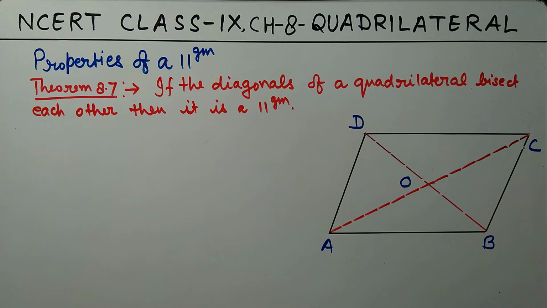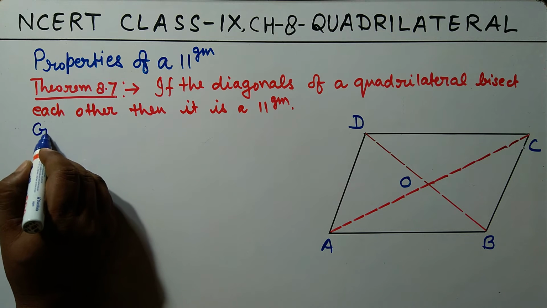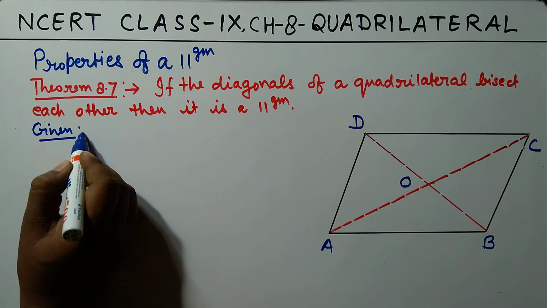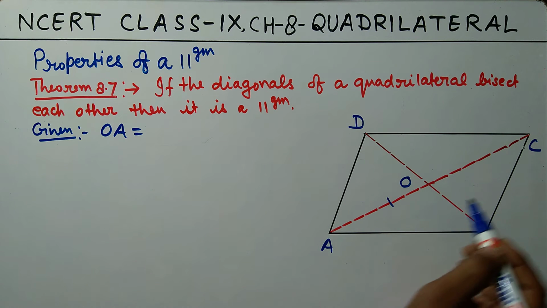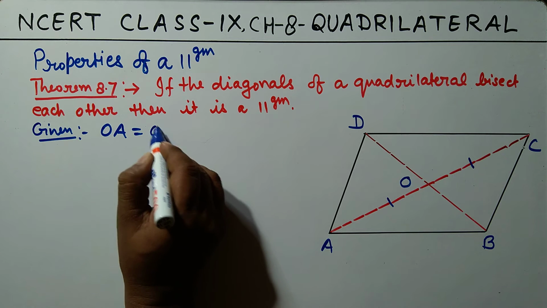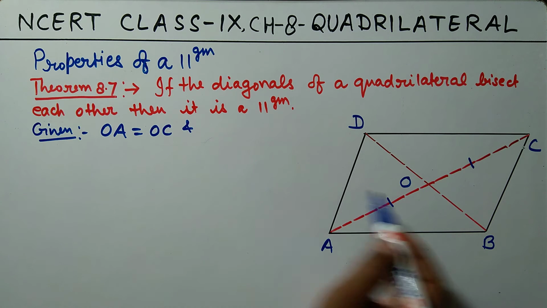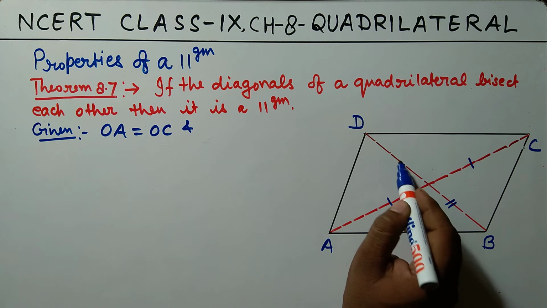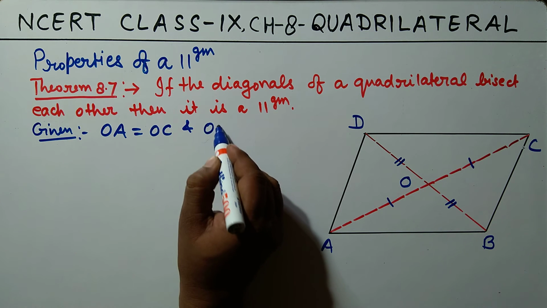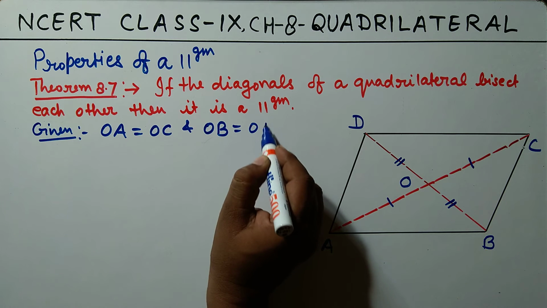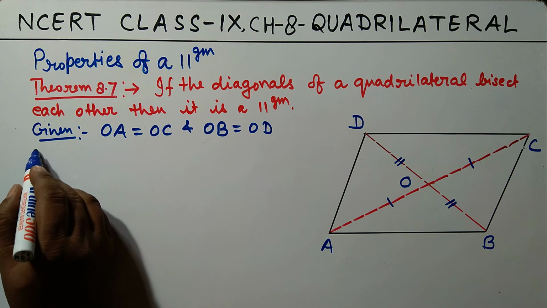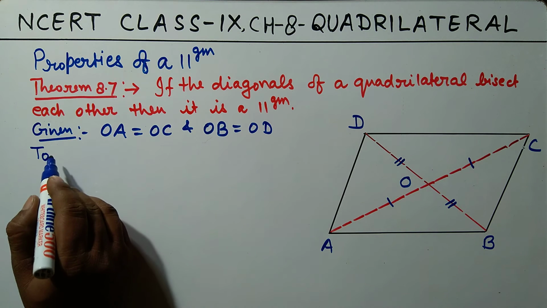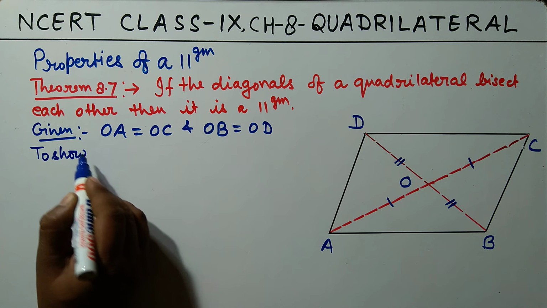That means it is given that OA is equal to OC, this part is equal to this part, and OB is equal to OD, this part equal to this part. Now, what we have to show, as per the statement of this theorem, we have to show